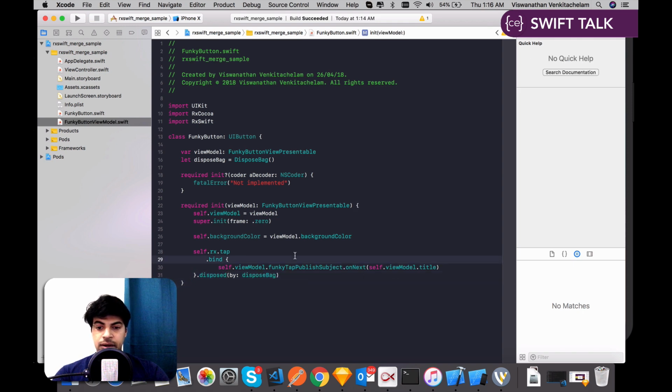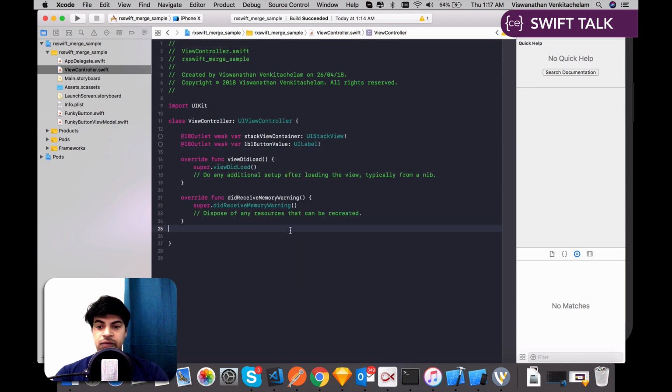So whenever let's say a tap is done on the button, it will send out a funky button PublishSubject onNext with the title value, which we need to now subscribe to. So that's the next step. So we are ready with the button. Let's go back to the view controller where we need to start loading the buttons here. So